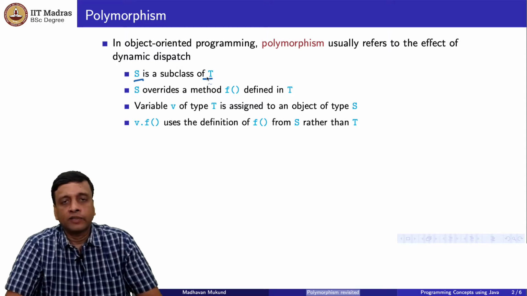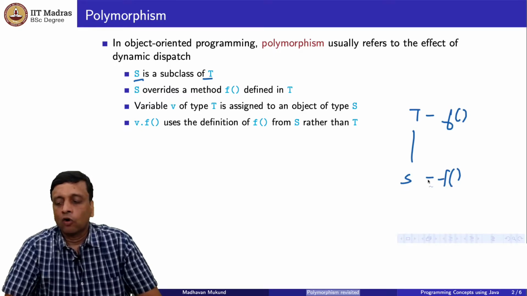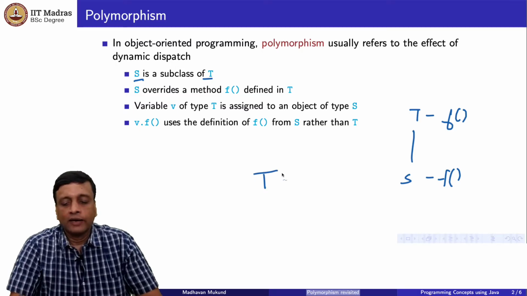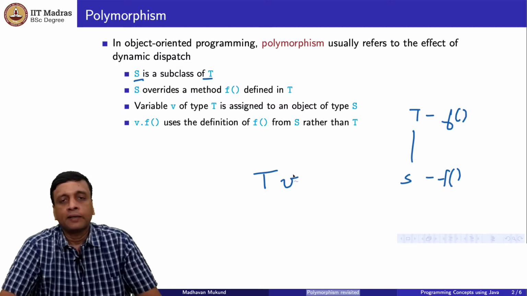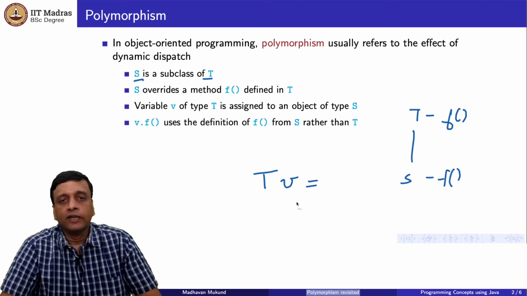Now T might define a function F, and S is a subtype and it defines an alternative implementation of F, which overrides the method F in T. So S has a new implementation of F. Now, if you have a declaration of this type, capital T V, which says that V is of type T, I can make this point to an object of type S. So I can assign V an object of type S, and now when I call F on this object,